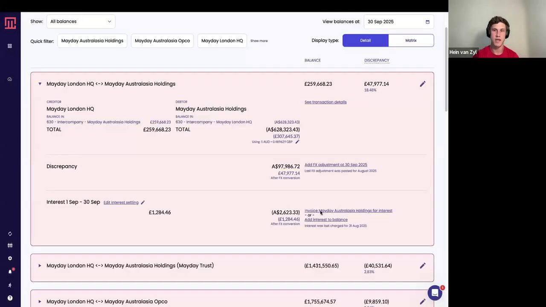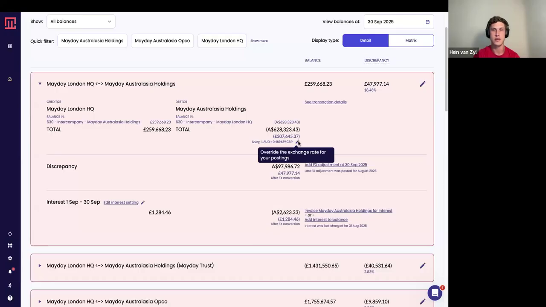And once again, you'd be able to post that interest either as an invoice or a bill, or add as a journal into both Xero files. You can also override any of the exchange rates that we use from within your Balancer dashboard. So if you know that this is a multi-currency account, like it is with this example, you have the opportunity to change the FX rate that we use.